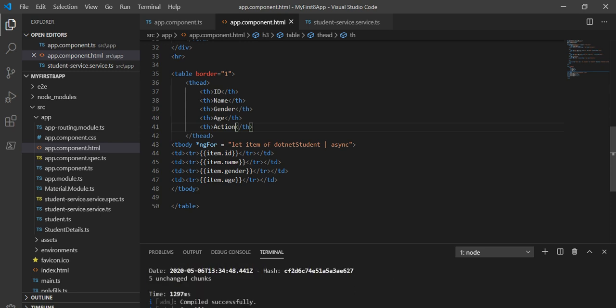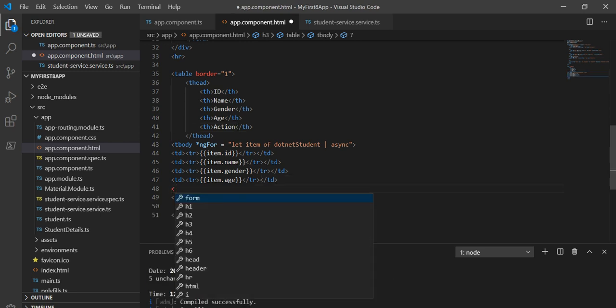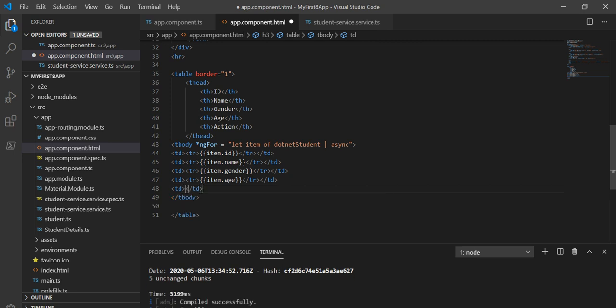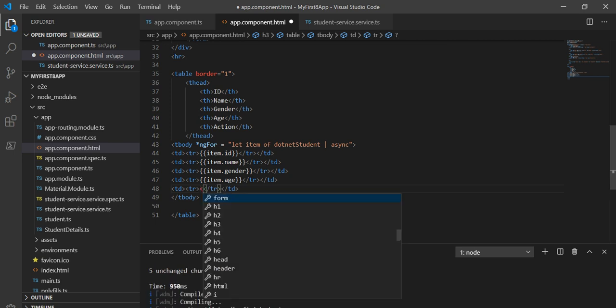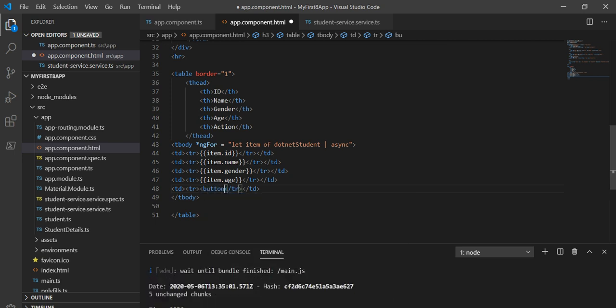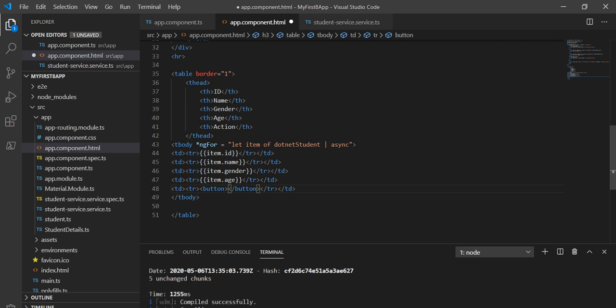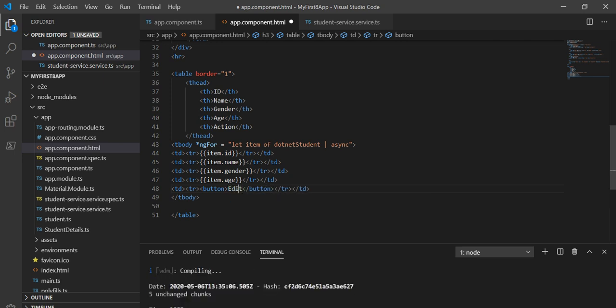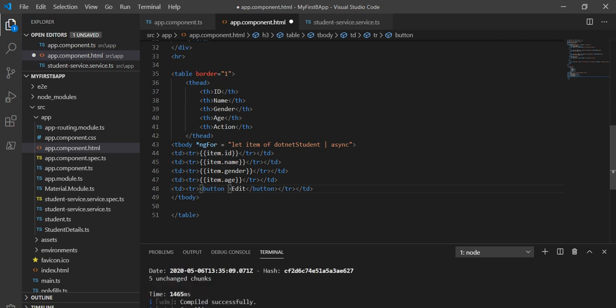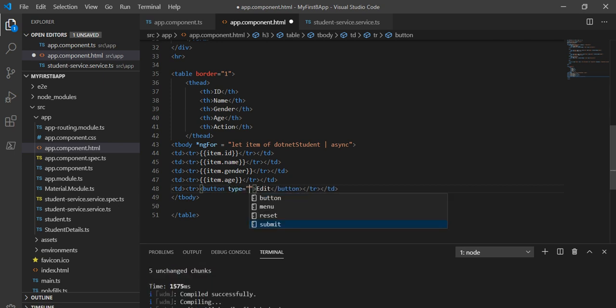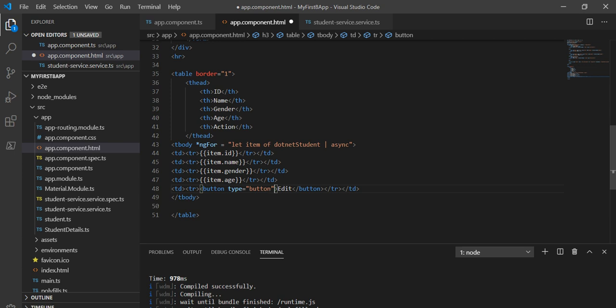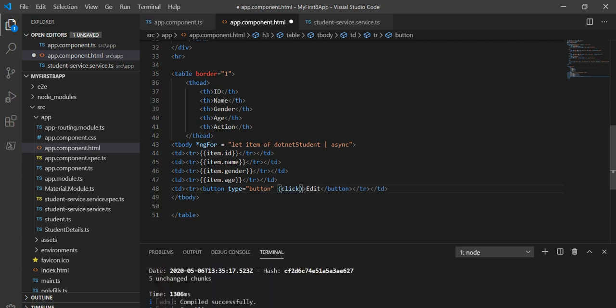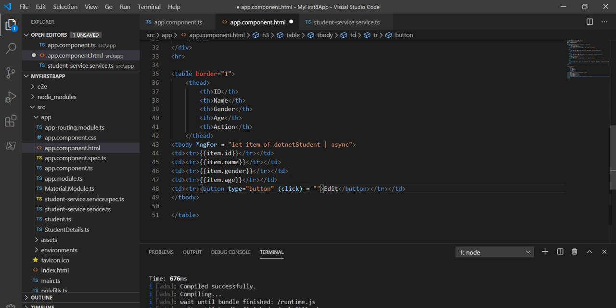And here I will take one TD, and inside this TD I am going to take one TR, and in the TR I am going to take a button, and on that button I am going to write edit, and this will be the type of button. And I'm going to attach a click event to this, so when I click on this button, it should update the information. That is the kind of scenario we are going to create.